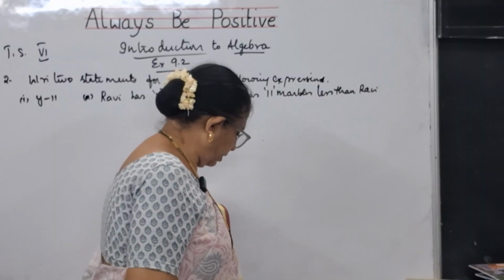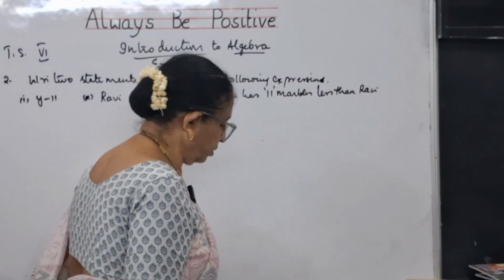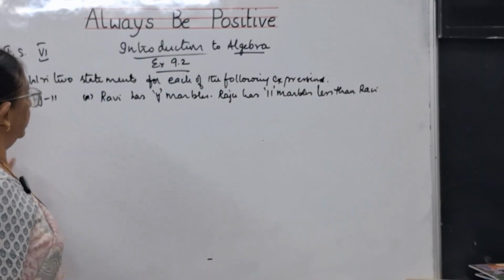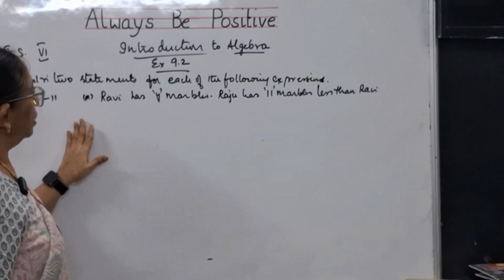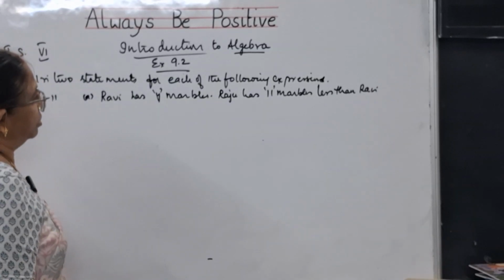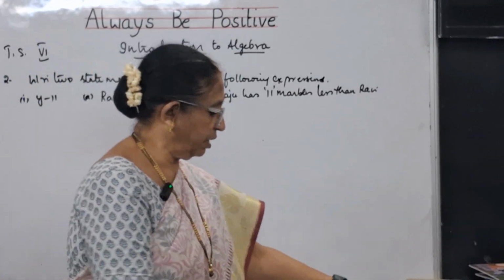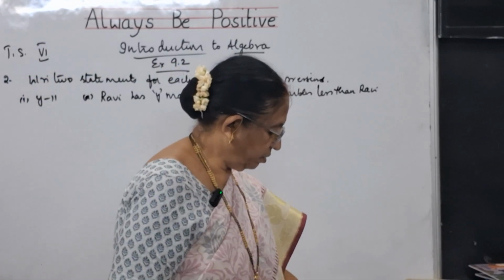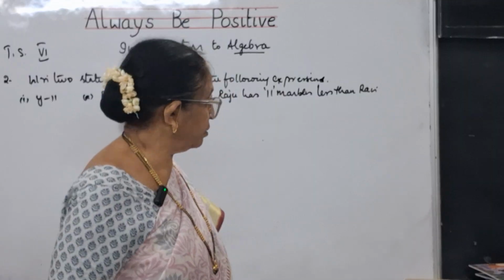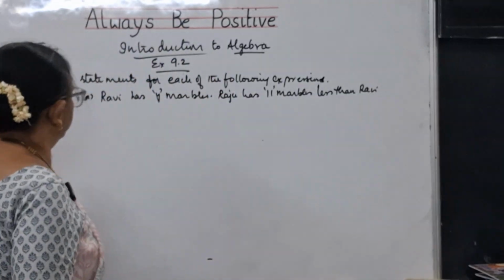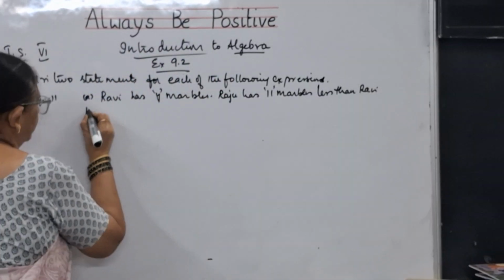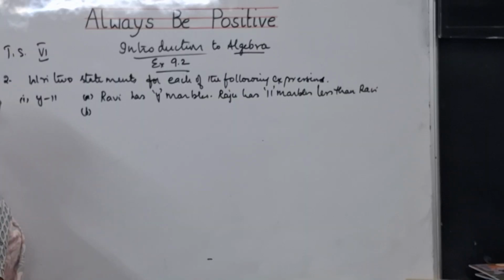You need not write it in the form of question. If you want to write it in the form of question, Raju has 11 marbles less than Ravi. Write the statement for it. In that way, you need to write. This is only two statements that they are asking. This is quite enough for one. And the second one,